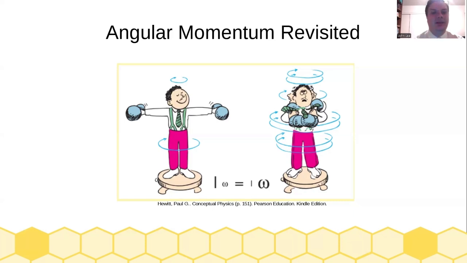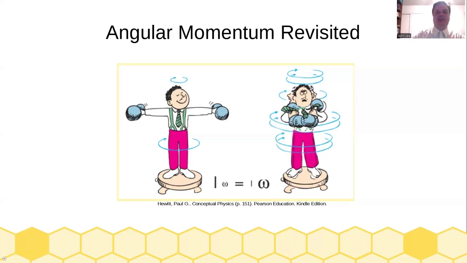So if there are no changes in angular momentum, as a mass gets farther away, the rotational inertia goes up, which, if there is no torque and no change in angular momentum, means that the angular speed that it's going to be rotating at is going to go down, causing it to go slower. And if you bring the mass in closer, then the rotational speed is going to increase,